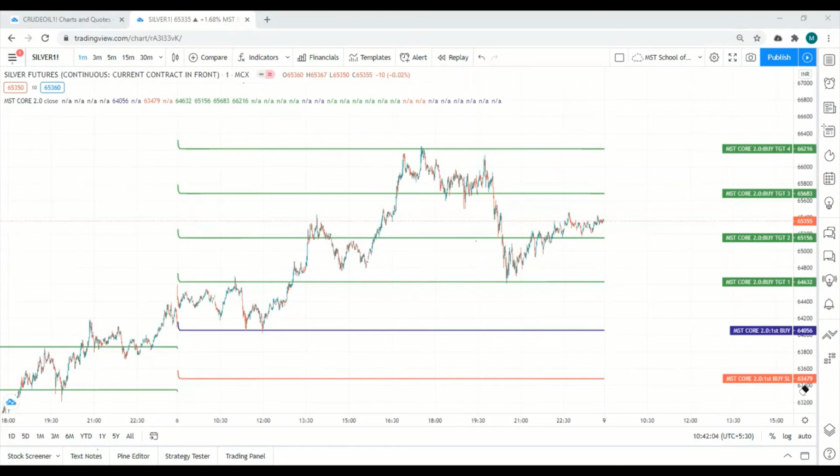Bank Nifty is futures only or option trade? Sir, the indicator shows everything. You can trade in option, you can trade in futures, no issue. When you are trading in option, don't look at the futures chart. When you are trading in futures, don't look at the index chart. If you are trading in option, you have to look at the Bank Nifty index, not the futures. If you are trading in the futures, don't look at the index, look at the futures only.